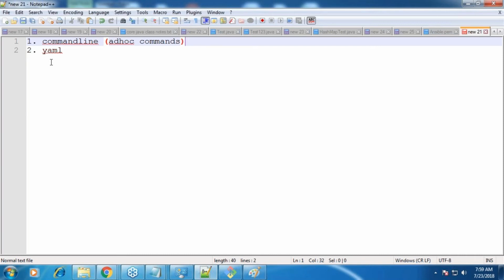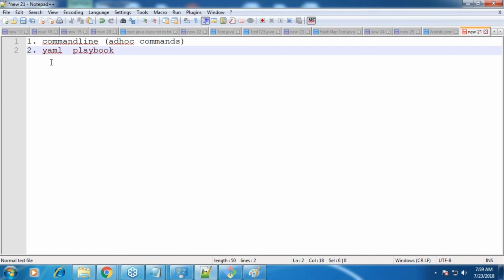Ansible can be operated in two ways. What is it? One is you write the YAML file. That is the best way. And the other one is when you are learning, when you want to check the simplest things, you would be using the command line. Okay. So in the YAML, it is the playbook world. The one on the top is ad hoc commands.